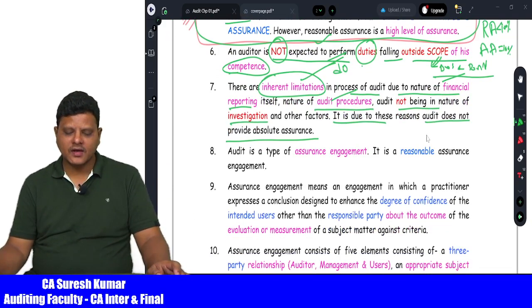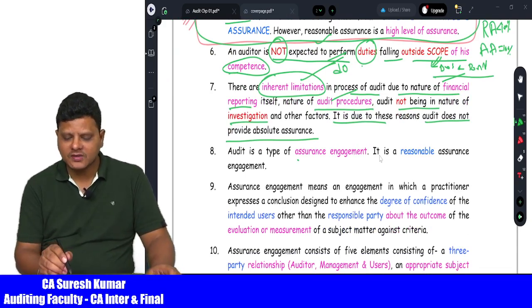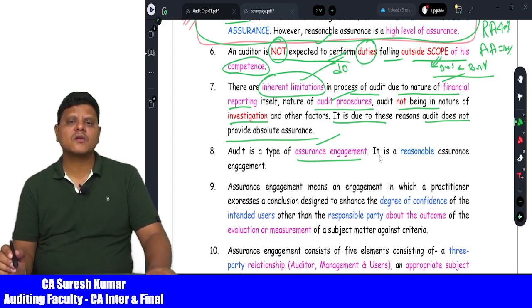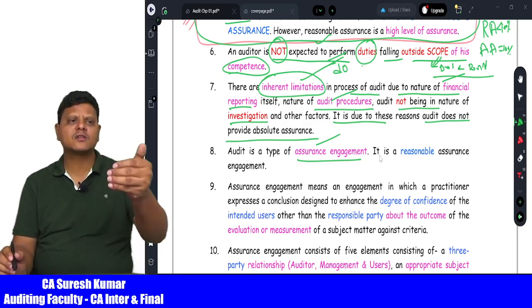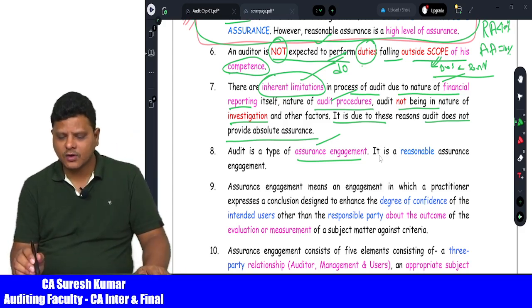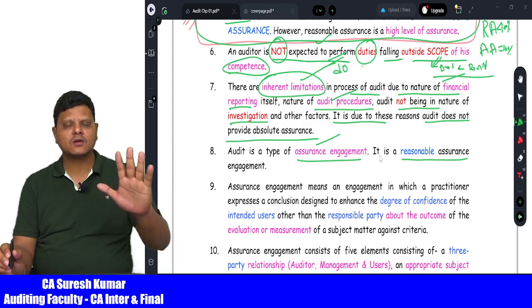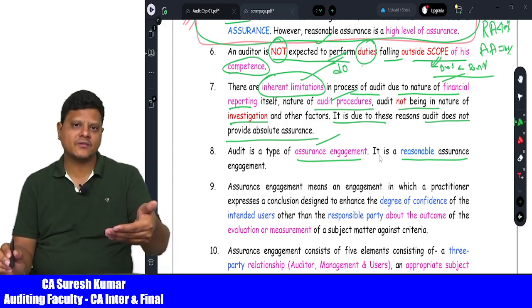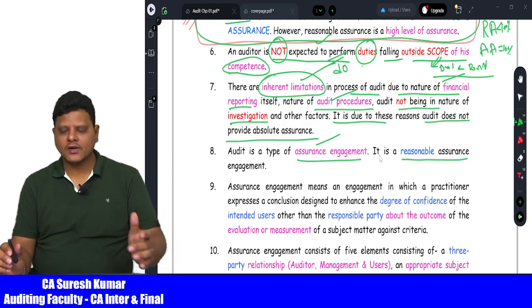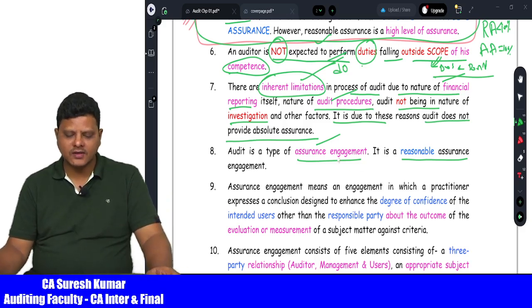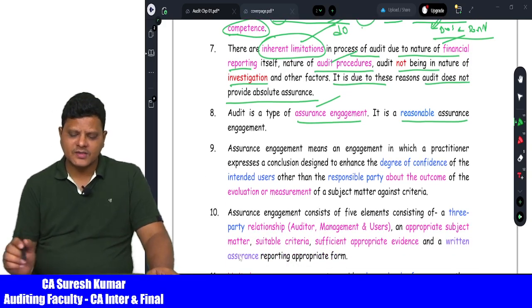Next, audit is a type of assurance engagement. What is the meaning of assurance? I am going to give confidence to the users. So it is a reasonable assurance engagement. Audit is never an absolute assurance engagement. Engagement means a type of activity. So audit is an activity, hence it is an assurance engagement. So assurance engagement means